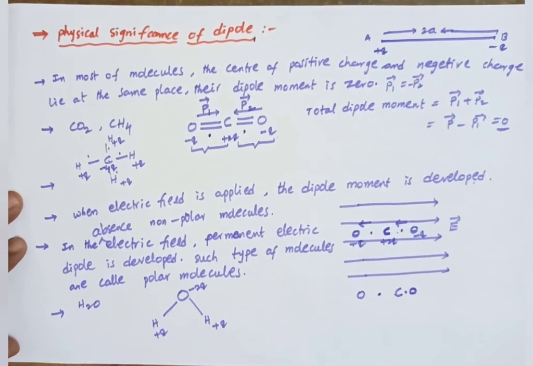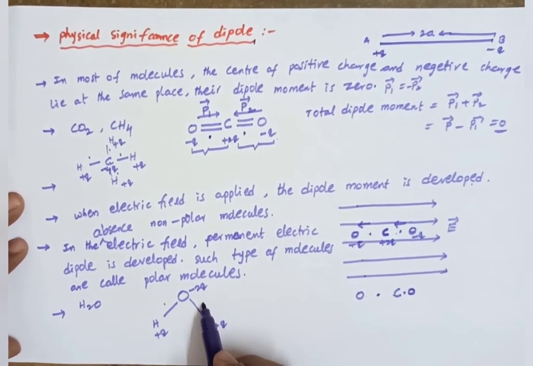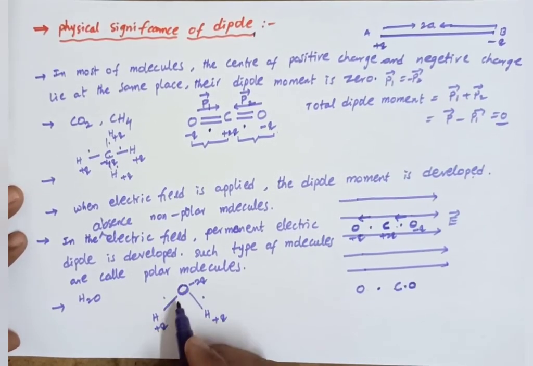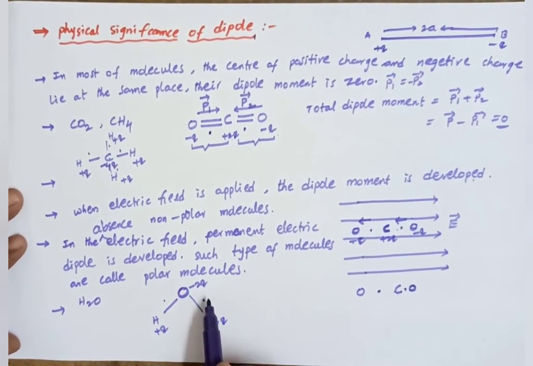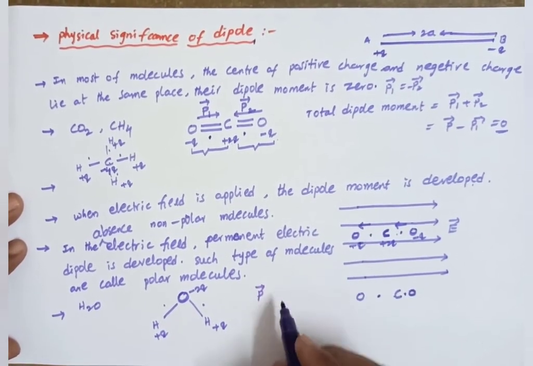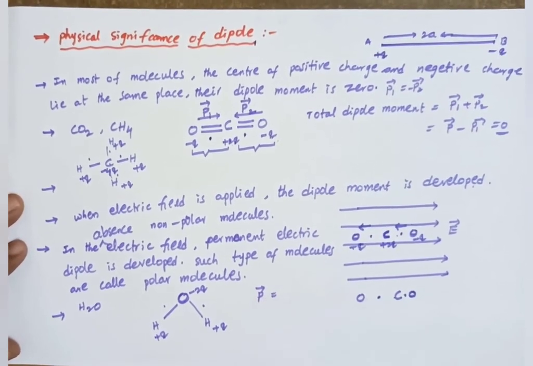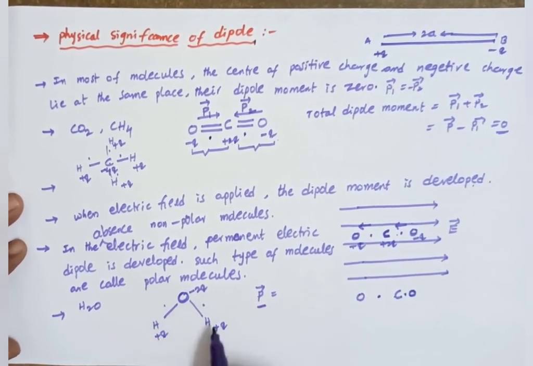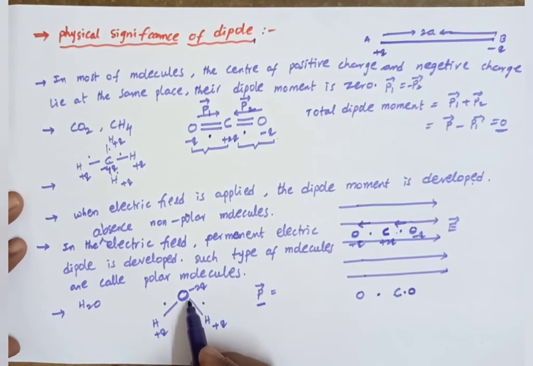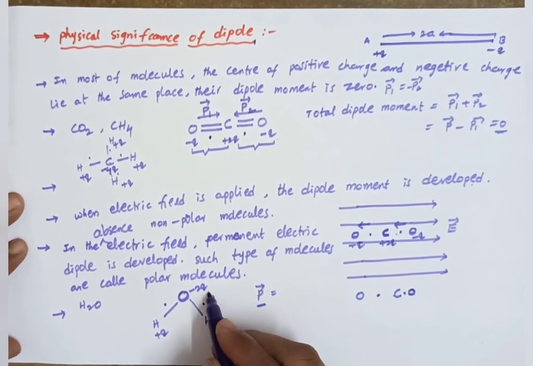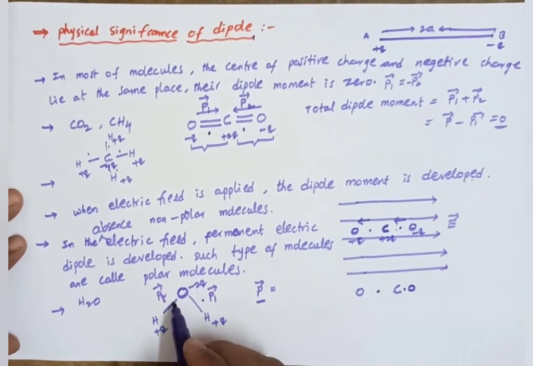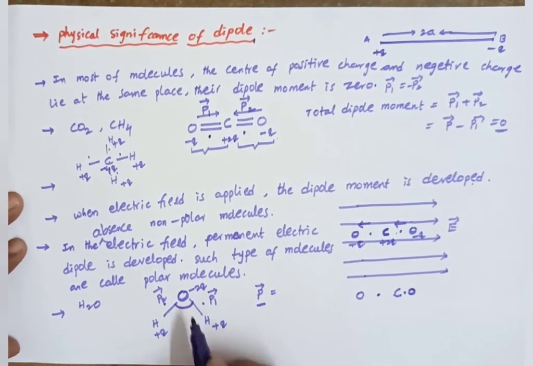This is the center of mass, this is also a center of mass, but they do not coincide, so the total dipole moment is developed due to the polar molecule. Here, for example, this is P1 dipole moment and this is P2 dipole moment. In between, the angle is